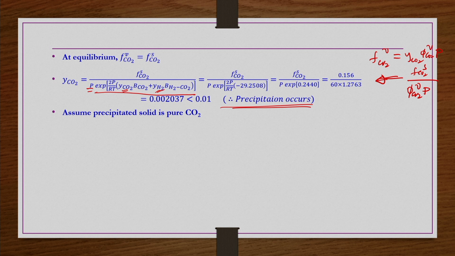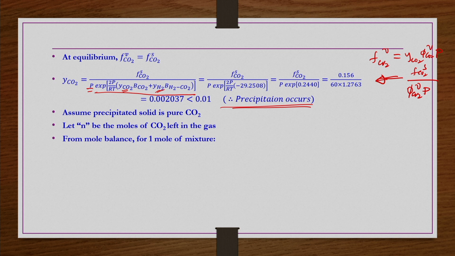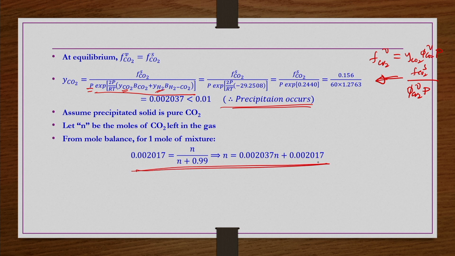So, now assume the precipitated solid is pure CO2 and let N be the moles of CO2 left in the gas. Then from mole balance, for 1 mole of mixture, YCO2 at equilibrium should be equal to N by N plus the mole fraction of the other component. Then you can find N as nothing but 0.002021. These many moles are left in the gas